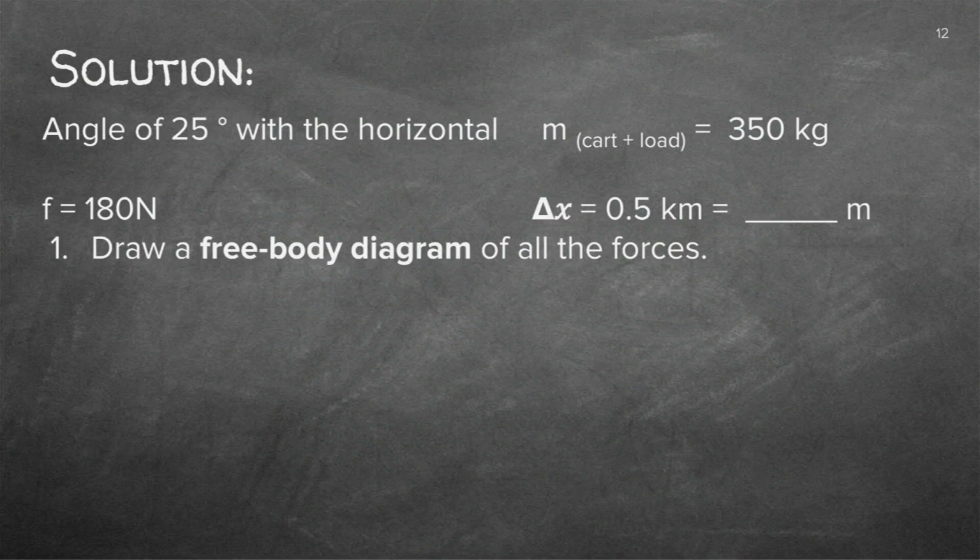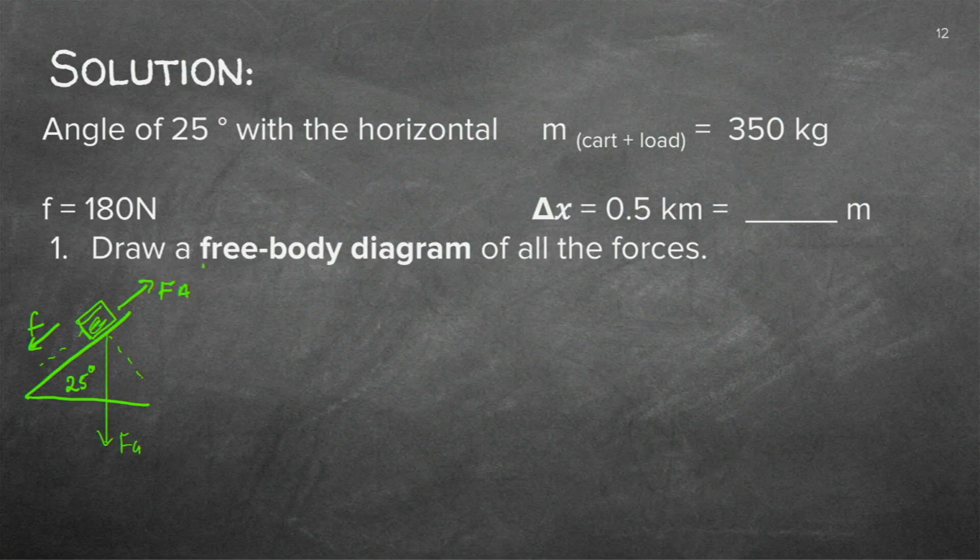I'm firstly saying to myself, I've got a slope, an angle of 25. So I'm going to draw just this side here, a 25-degree angle, and I know I've got this man pulling this cart. So just to get myself some idea of what's going on, I know there's a gravitational force there. I know that consists of two components, and if it's going up, that would be the applied force. You now know that the downward force will be the frictional force. So that's the kind of diagram that you have to draw, just a picture.